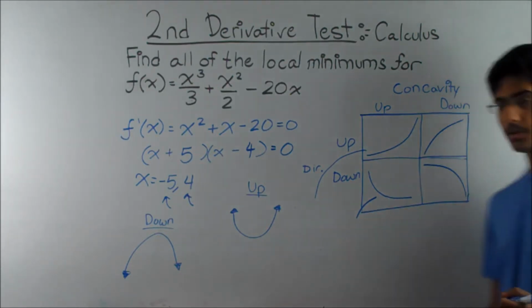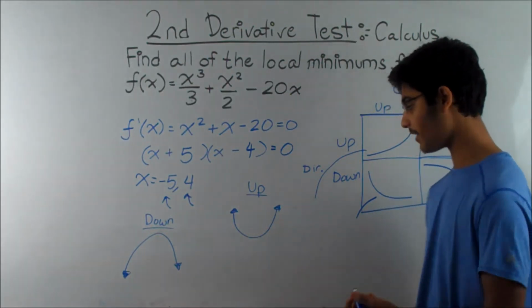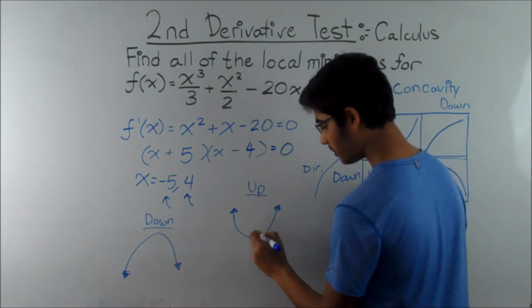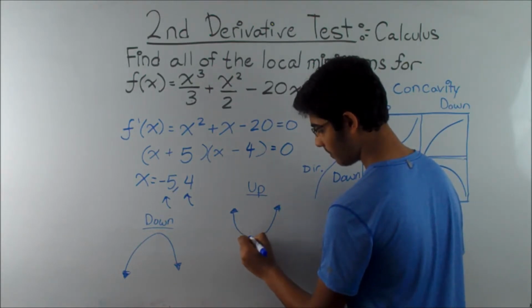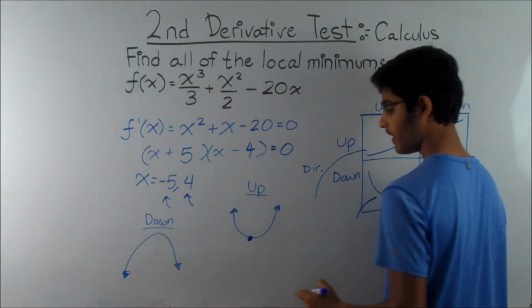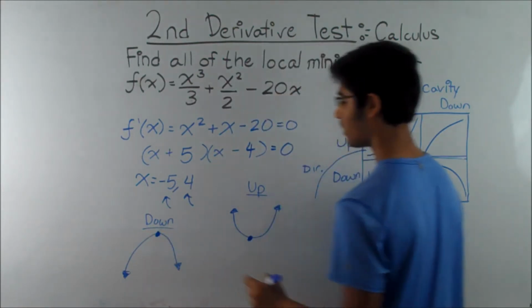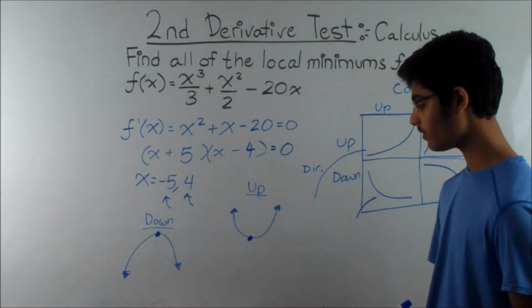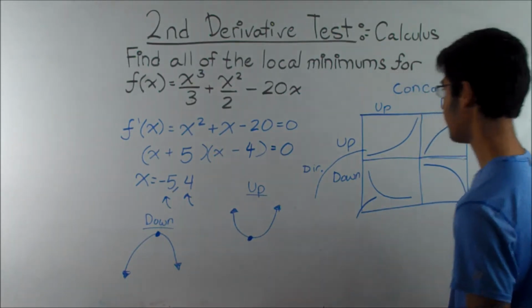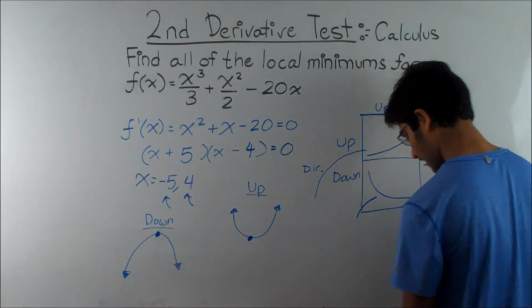Alright, so what we're looking for correlates with the concavity. I hope you notice that when it's concave up, we have a minimum, and when it's concave down, we have a maximum. So this is always true. So we can generalize the second derivative test as saying,